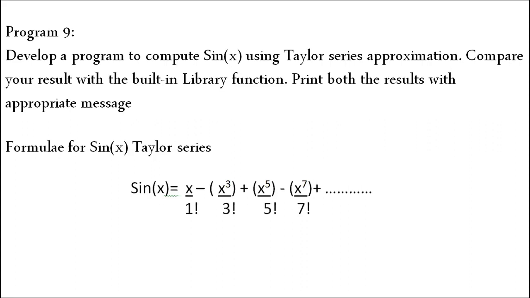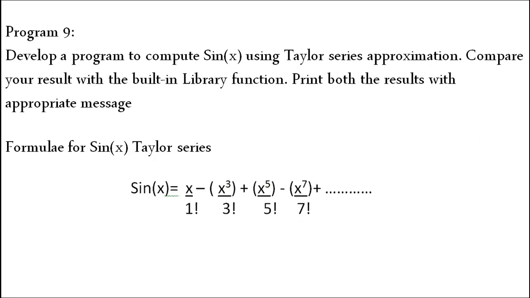So the three important things that we need to understand is first thing with respect to sign. First it starts with plus, next it goes with minus. So plus, minus, plus and so on. The meaning here is alternate signs have been used. Second thing is exponent number. So it starts with 1, increment by 2, second it goes with 3, again increment it by 2, it goes with 5, again increment it by 2, it goes with 7 and so on. So here the numerator exponential number is incremented by 2 for every iteration.